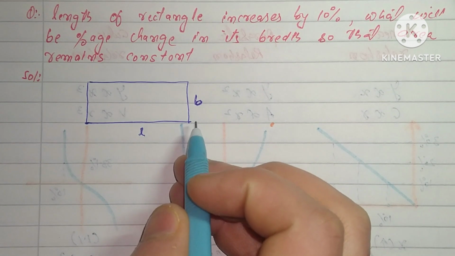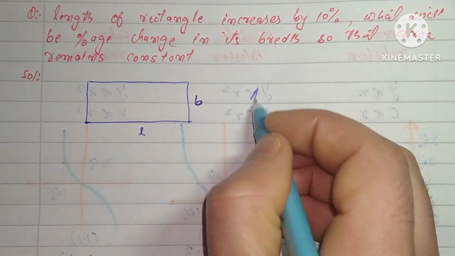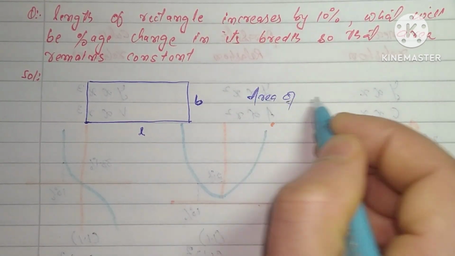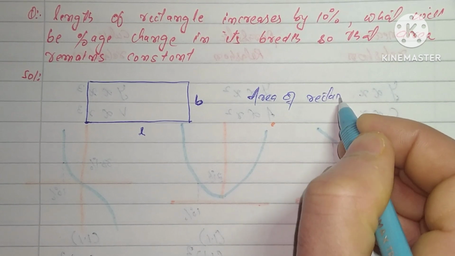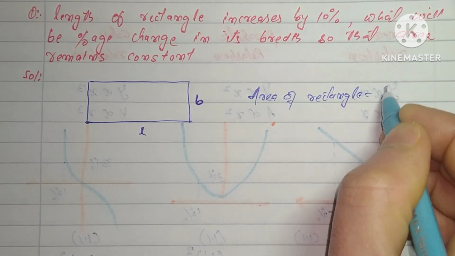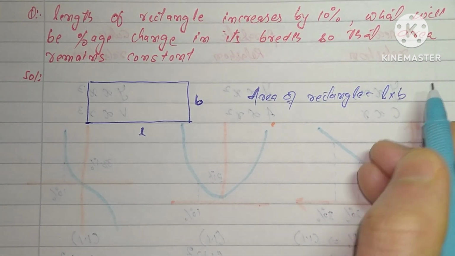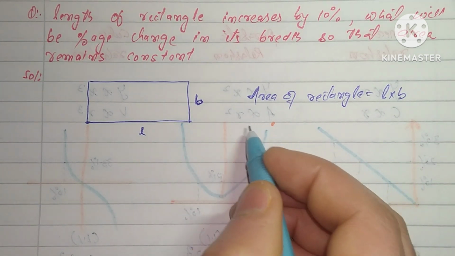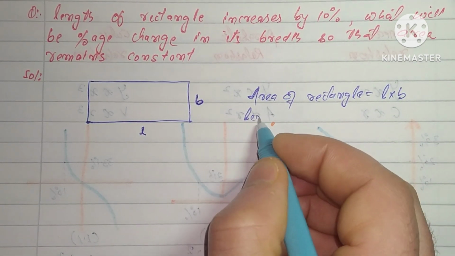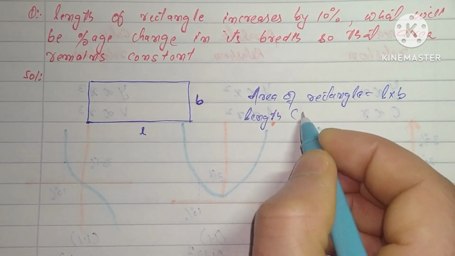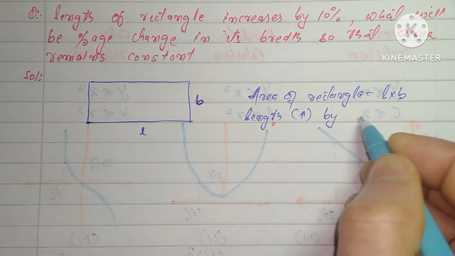By what percentage? First, area of rectangle is length into breadth. If length increases by 10%,